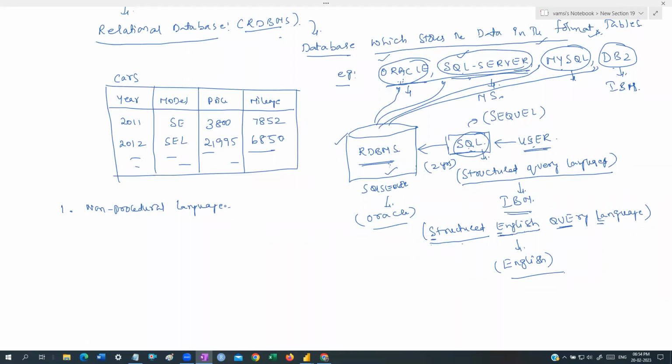Where we taught the SQL concepts for 3 days. 3 days does not mean 1 hour per day, guys. It is from morning 9 o'clock to evening 6, sometimes even up to 6:30. That means almost 8 hours a day for 3 days, somewhere around 24 hours of training we gave them.